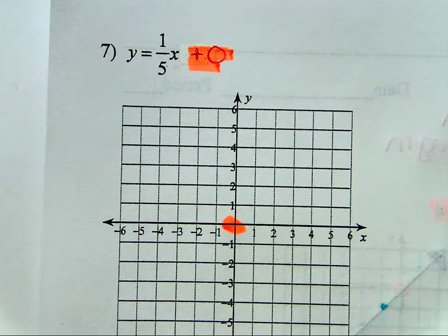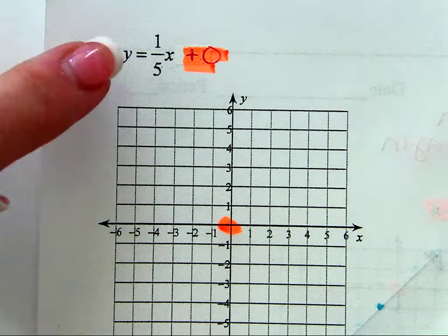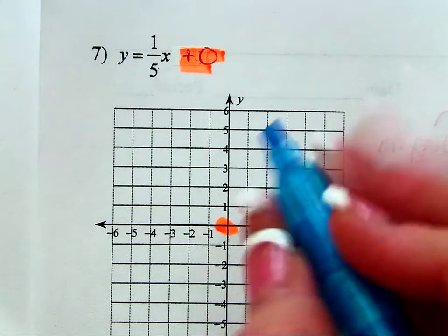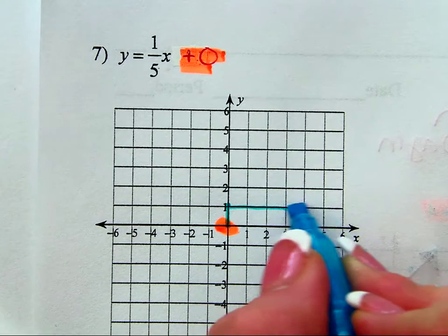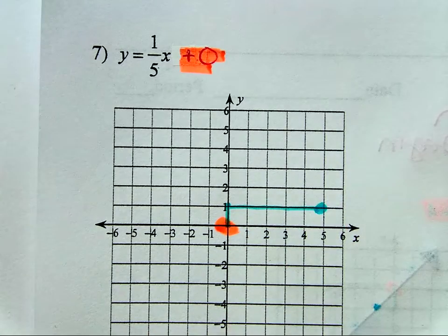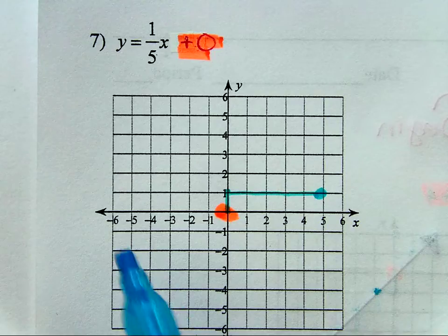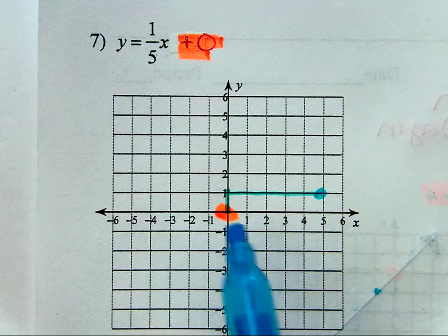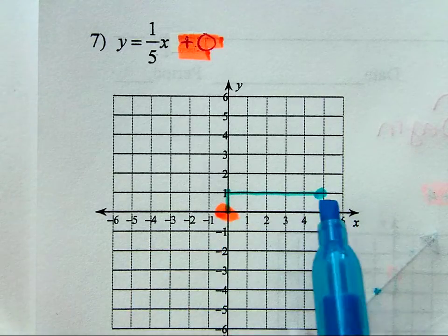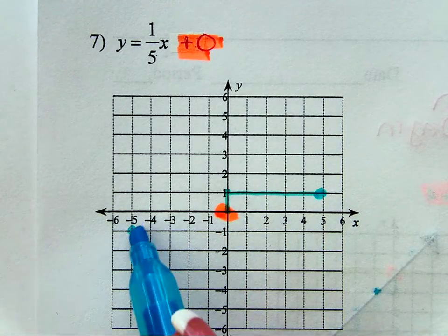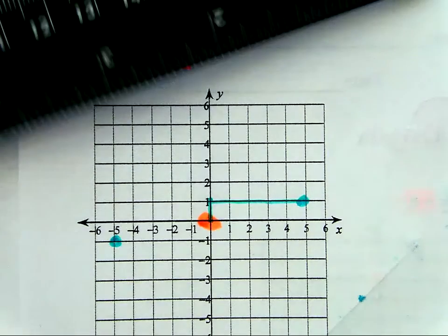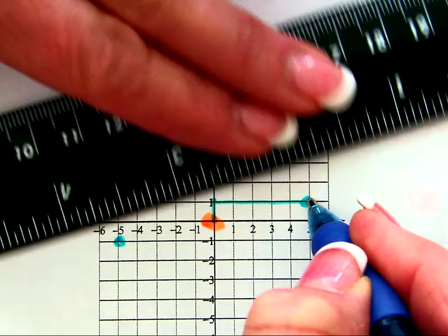So from here, be careful, your rise is 1 and your run is 5. So does that make sense to you? And then do I maybe have room to fit one more over here? So instead of going up and right, what could I do? Down and left. And those are my 3 points. I'm going to have a nice, precise line because I'm going to use this point and this point over here,